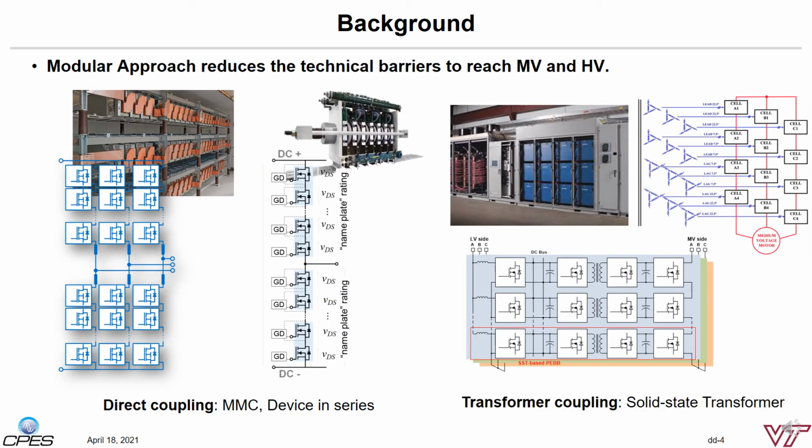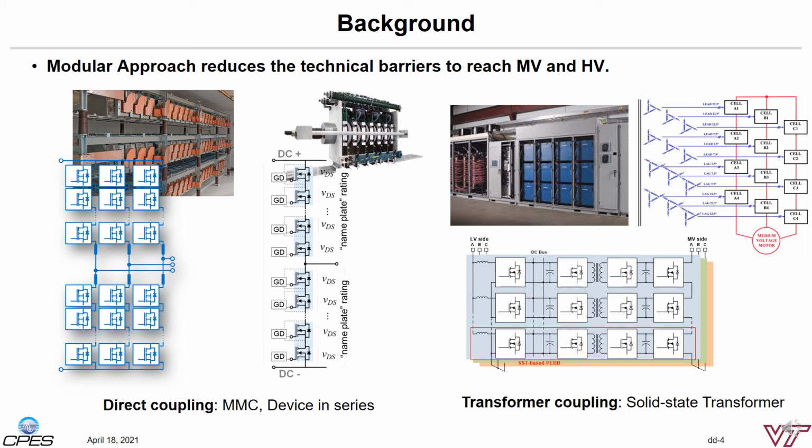Modular approach also reduces the technical barriers to reach medium voltage and high voltage levels. There are two major ways to reach higher voltage. The first approach is the direct coupling of modules. The most famous example is the MMC converter, where hundreds of identical submodules are stacked to reach the high voltage. Another example is to stack the devices, like IGBTs and IGCTs, which can be found in many medium voltage drive